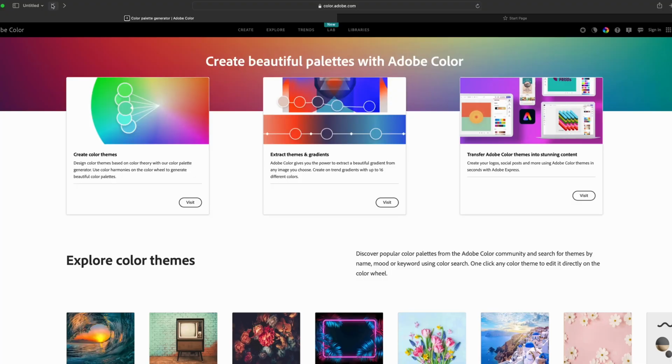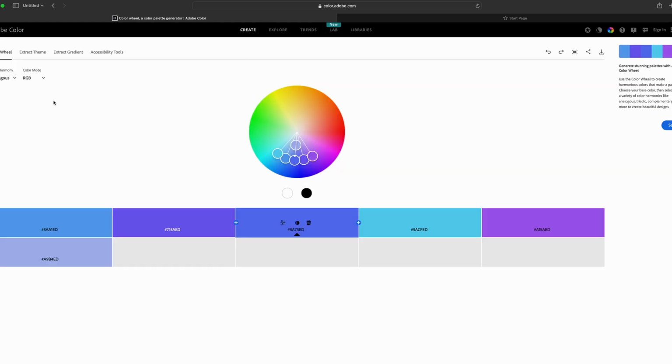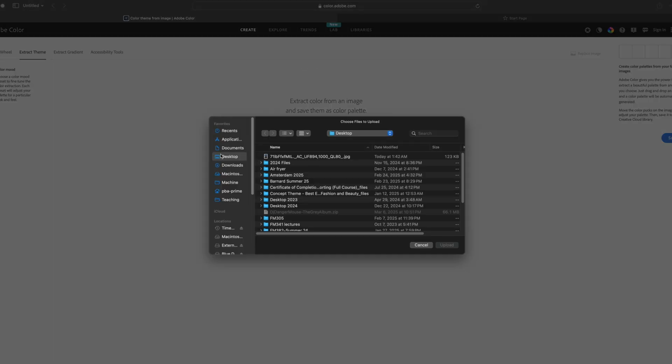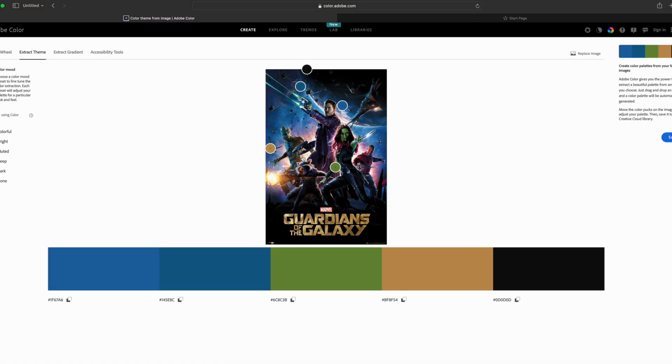Now, there's another great thing about this site as well. If you go into another portion of it, you'll see where you can actually upload images. So if, say, for instance, you have a photo that you like the colors in, but you don't know what colors are being used for it, you can upload it right here inside the Adobe site. And what it will do is extract the colors so that you can now see all the colors in that photo. And then you can download those colors and open them up in Photoshop or Illustrator. Pretty cool, right? Again, something that they don't put out there for people to know, but it is available for you to check out.